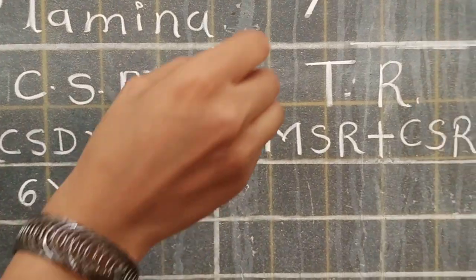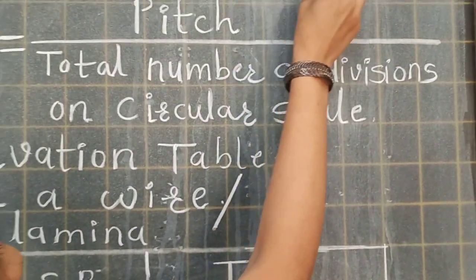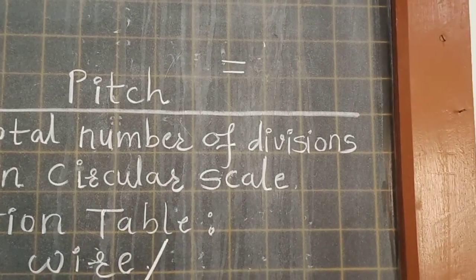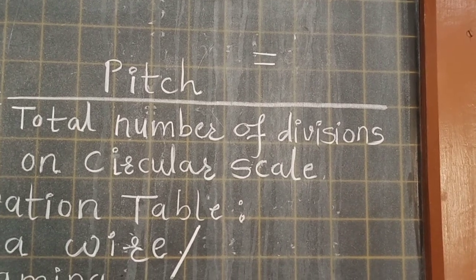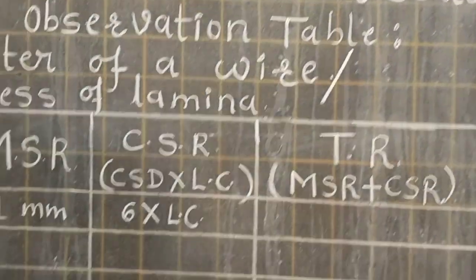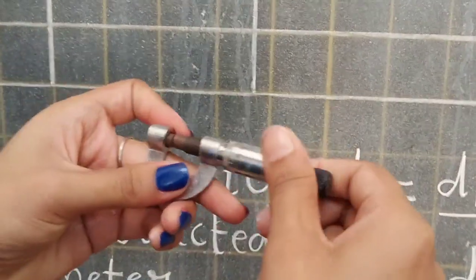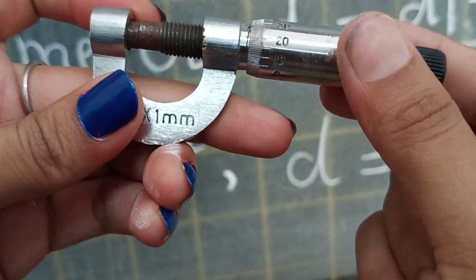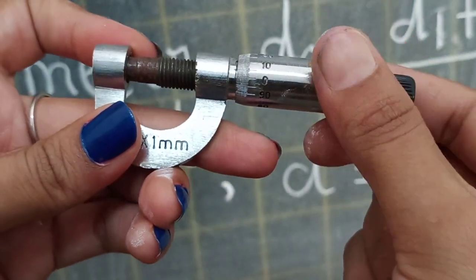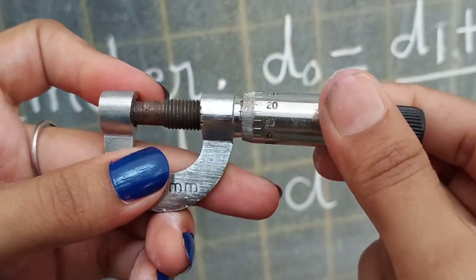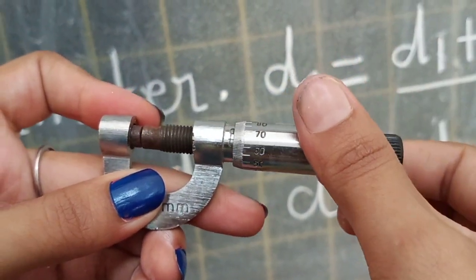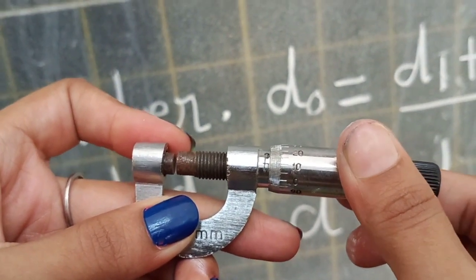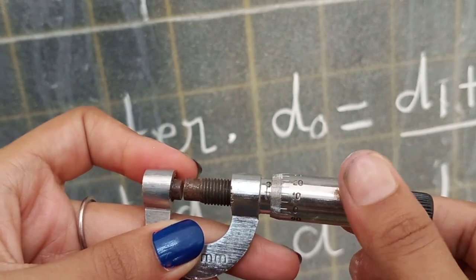We are going to calculate our least count with the help of this formula: pitch upon the total number of divisions on the circular scale. So let's see first, what is pitch? I have told you the definition. We are going to see it here again with the help of this screw gauge. Okay, so I am going to rotate it, as this line is fixed with the axial line. One complete rotation, as first 10 was there, I have come to the 10 again. It means in one rotation it covers a 1 mm distance.